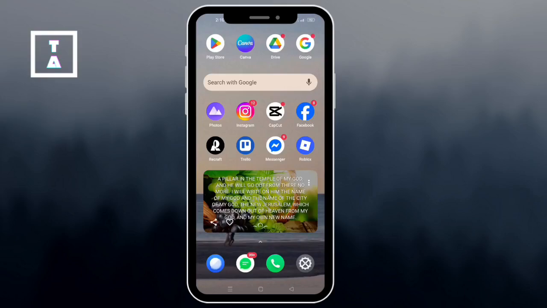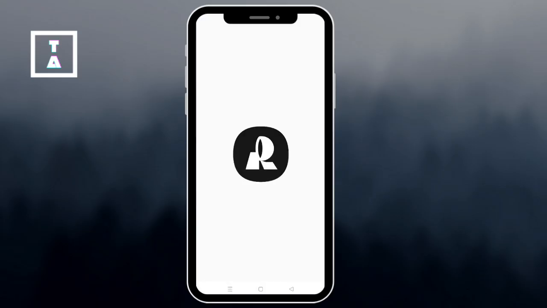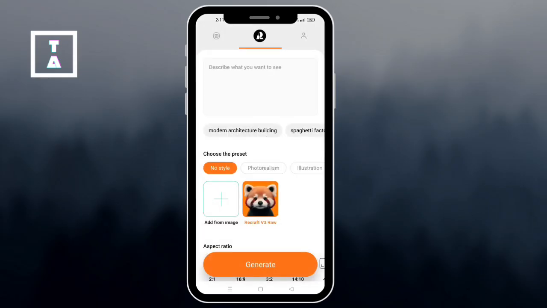Hey everyone, today I'm going to show you how to generate matching icon sets in Recraft AI. Let's get started. First, launch the Recraft AI app on your phone and tap Create to start a new design